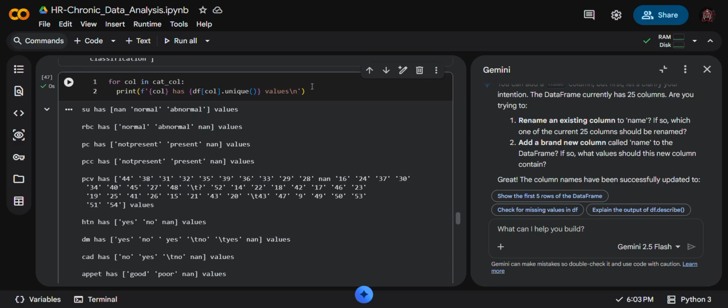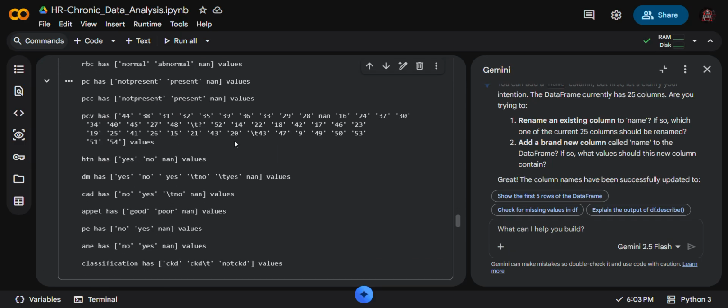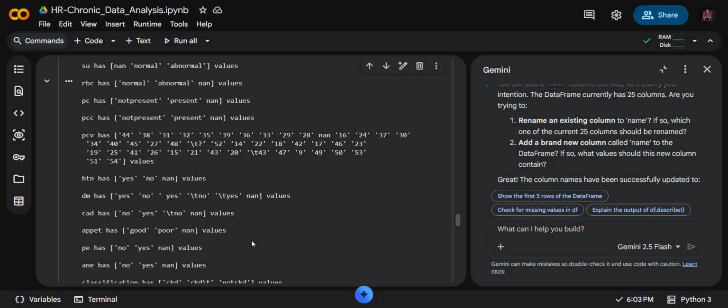Why did we take this? For a reason: for these values, for n values, like TNO, TNS, TNO for T, CKD, T. These are the values.